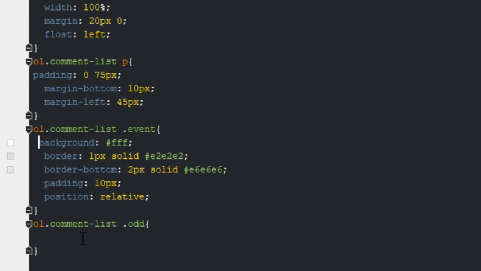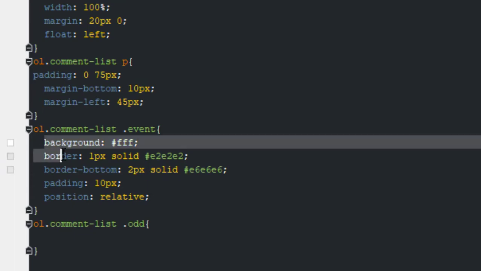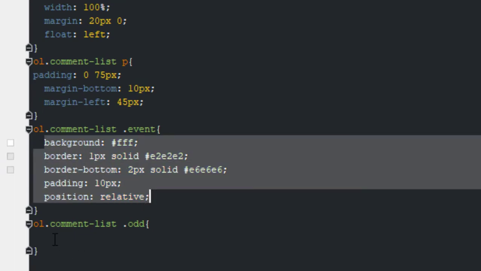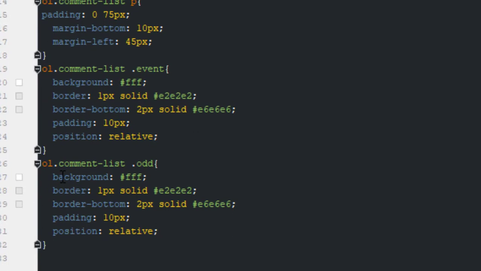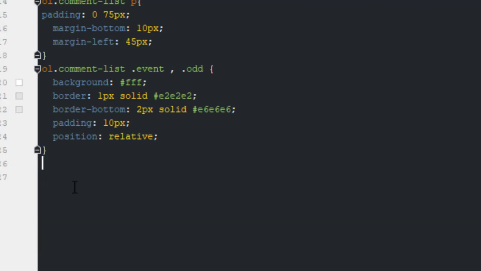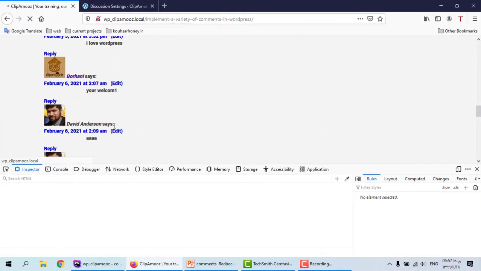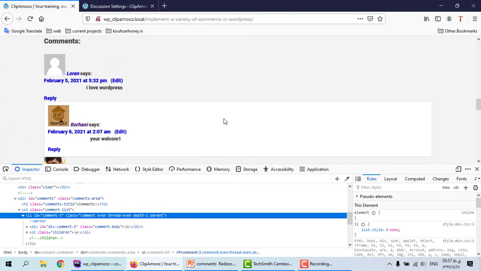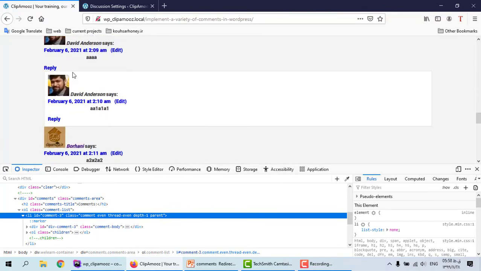even and odd. Now we use all of the options for odd. Okay, you can use all of the options and the CSS for odd. Also you use dot even and delete. Okay, and refresh, and no problem. Now you see odd. Okay,